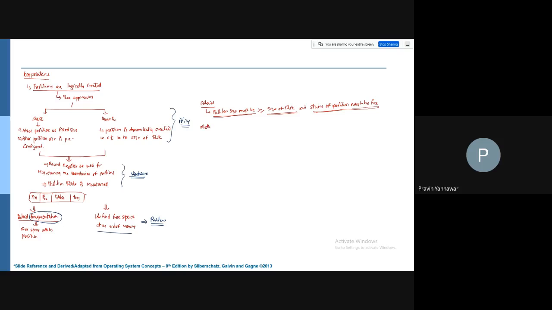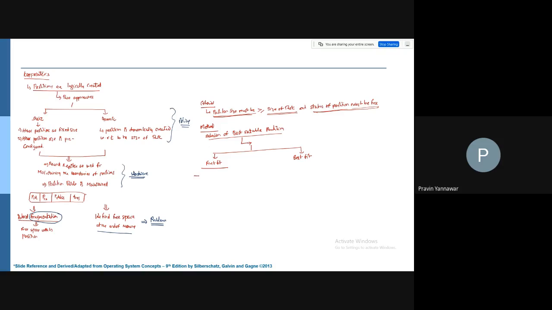Then the method for selection of the best suitable partition: we have two approaches. What are they? They are called first fit and best fit.